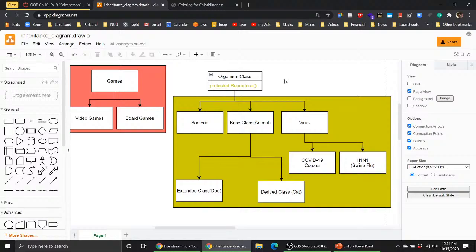Okay, so it would be a good method to override. So basically, you can modify it and change what it does. Okay, so bacteria. Don't quote me on this. I believe they asexually reproduce. I know viruses do. Viruses actually